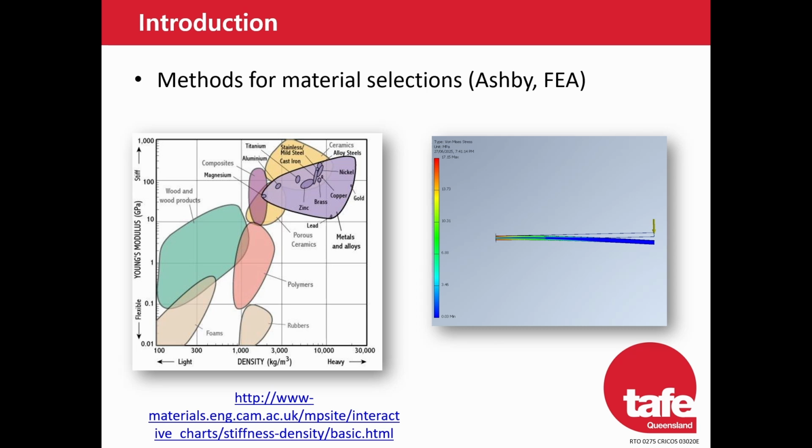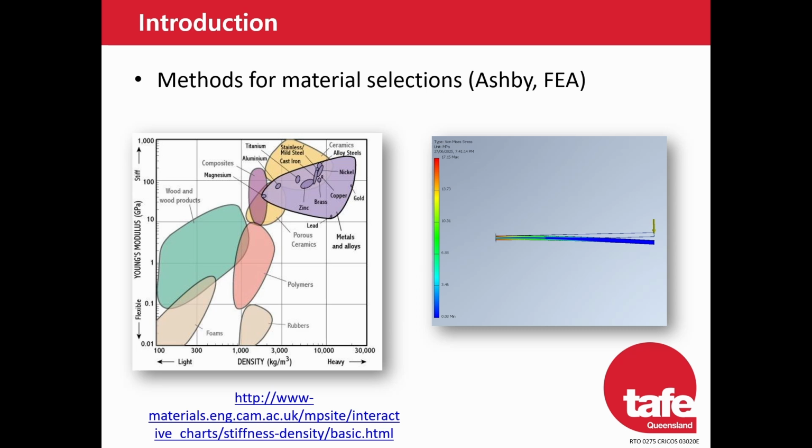Material selection is a critical step in engineering design, and it can be effectively guided by tools such as the Ashby method and finite element analysis. The Ashby method uses material property charts to visually compare and shortlist materials based on specific performance indices, such as strength to weight or stiffness to cost ratios, allowing engineers to make rational, data-driven decisions that align with the design requirements. Once candidate materials are selected, FEA can be used to simulate how these